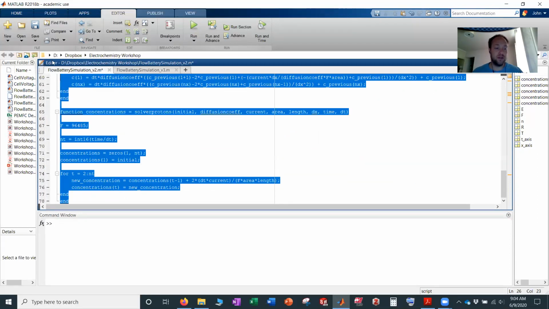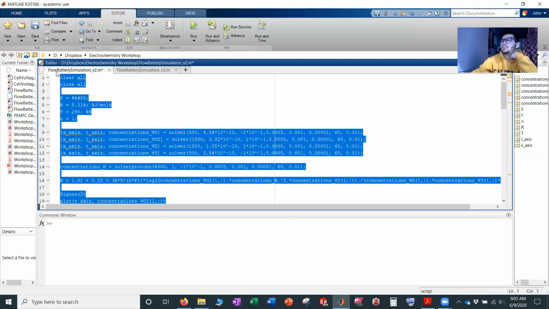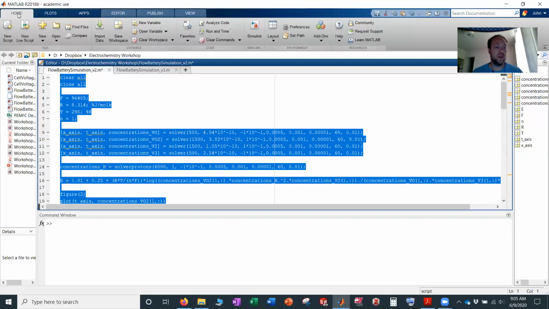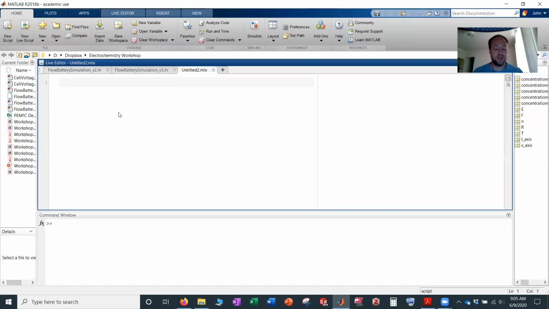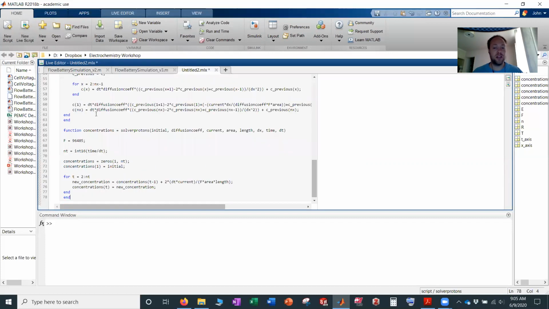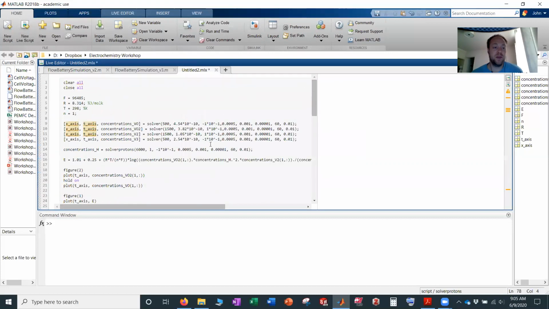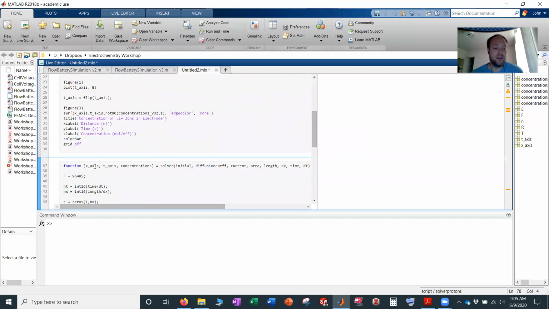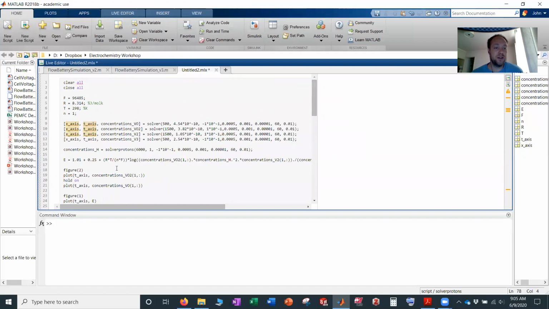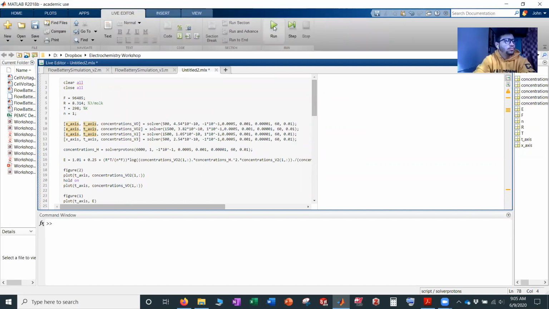MATLAB has, a relatively new thing, not crazy new. If you take this code and hit copy and you go to Home, they have these new scripts called live scripts. Maybe some of the people in 3800 have seen these. If you paste your code in here, you'll have two windows. It's basically the same. It usually looks a little bit nicer, but the cool part about it is when you go to run,